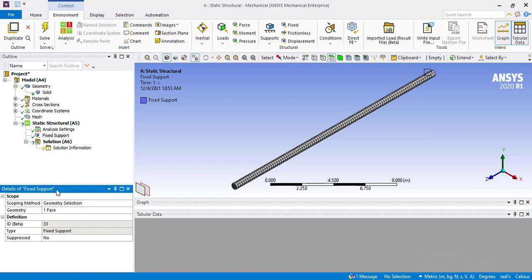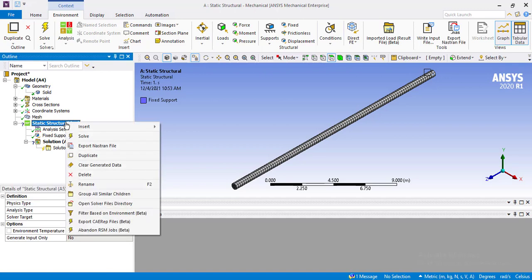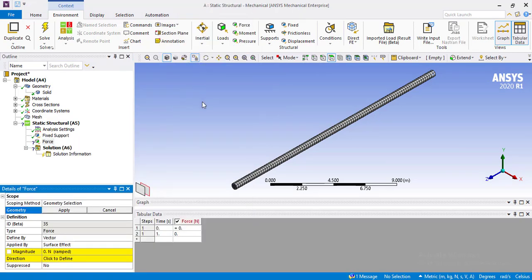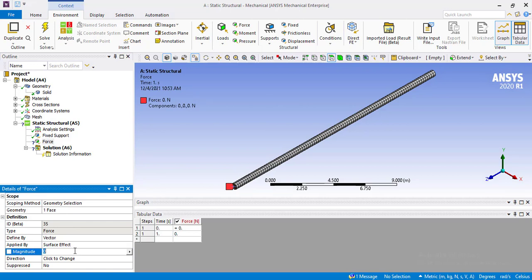Now we will apply the load. Go into the static structural, insert force and select this face and click apply. Enter a magnitude of 1 meter.